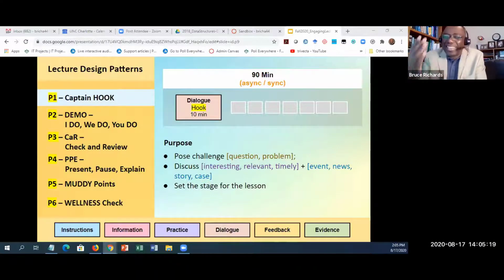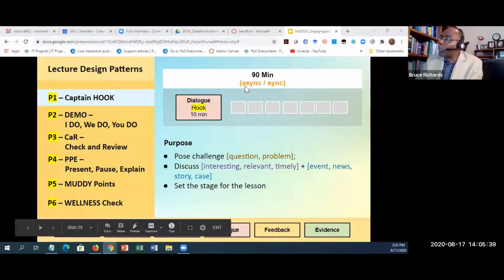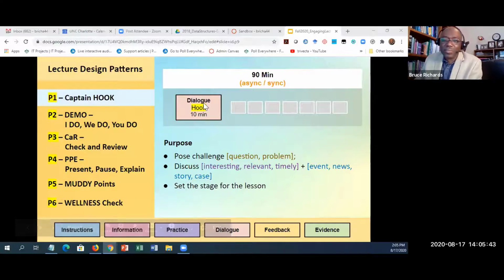But it could be, I'm sorry, Sharon, I'm just teasing you, but it could be a news event, of how can I mix lemonade with coffee? That's something that's more biological or chemistry. It sets the stage for the next lesson as you move forward. So, Captain Hook. And you notice, even though we could do this for 90 minutes, it's really one part of the items that we're going to be using in our course. Okay, so that's good old Captain Hook.